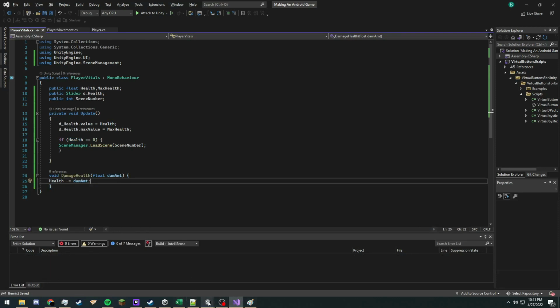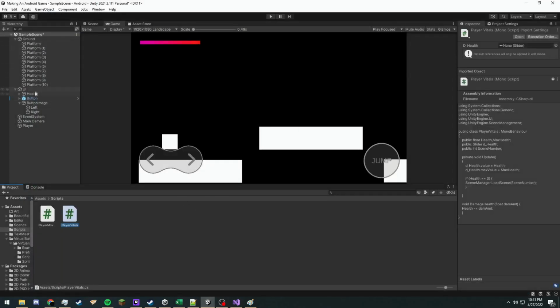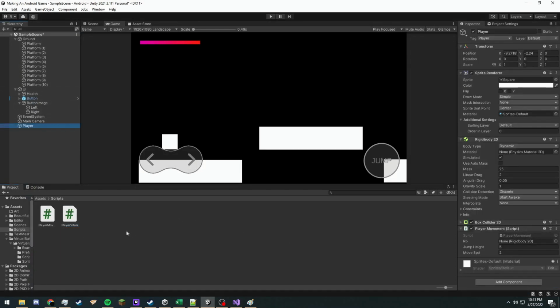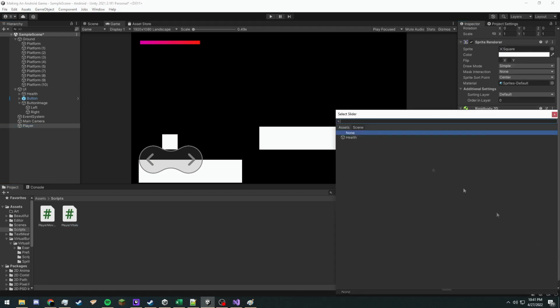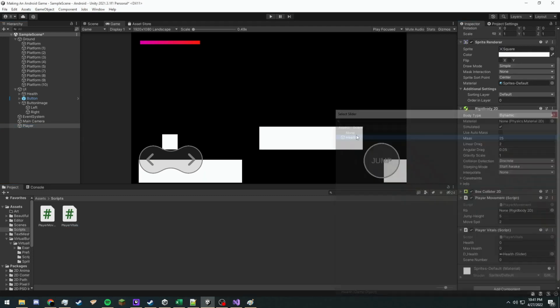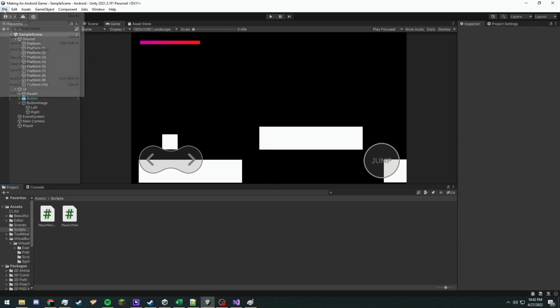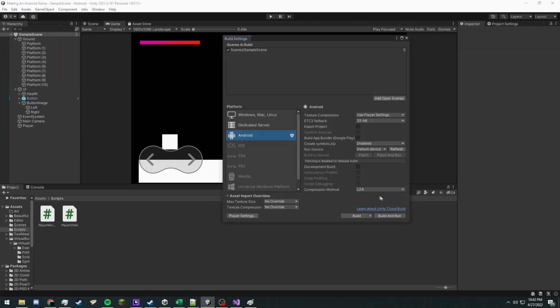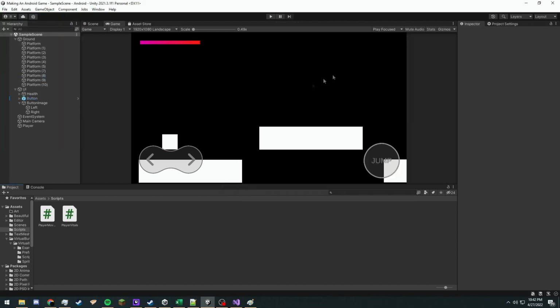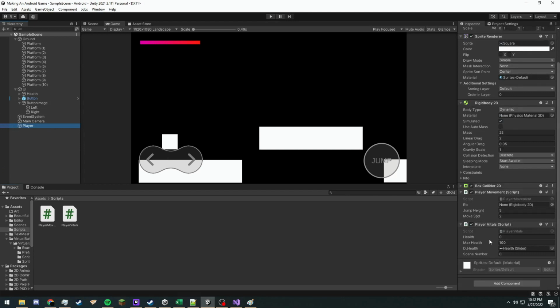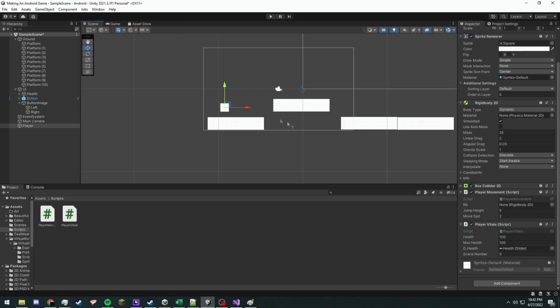Pretty simple. Now we're going to go back into Unity here, and we'll apply our player vitals script to the same object. Then all we'll have to do is press this little circle button and click our health thing. Our max health should be 100. Our scene number currently doesn't have one, so we'll save, go to file, build settings, and click add open scenes just in case it's not in there. But this time it actually was, which is kind of surprising. It usually isn't. So what I'm actually going to do is click 100, and then I'm going to add